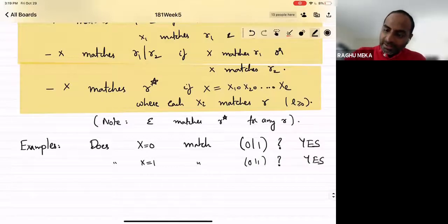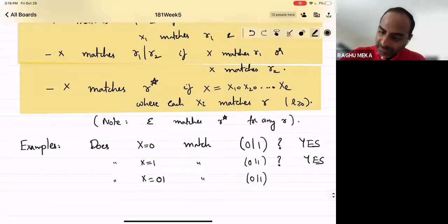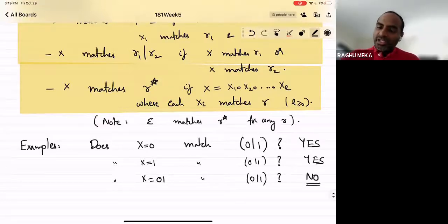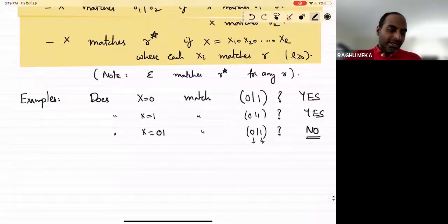Yes. How about X equals 0, 1? No, right? Because for it to match 0 or 1, it should match either the pattern just 0 or the pattern 1, but neither of it matches. Okay, and